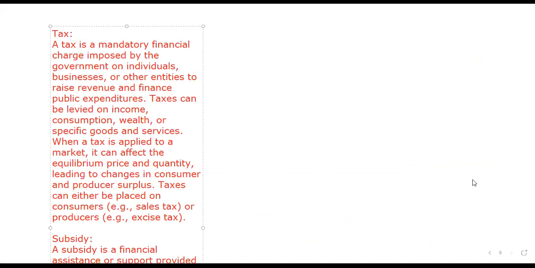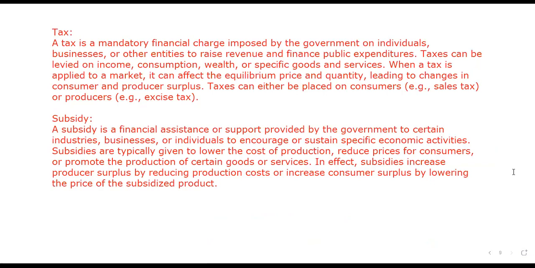A tax is part of the fiscal policies that a government will have, a mandatory charge imposed by the government on individuals or entities to raise revenue for public use. So they are levied on the supplier and the producer. Subsidy is the financial assistance that is given by government to industries, businesses, or a certain sector to encourage